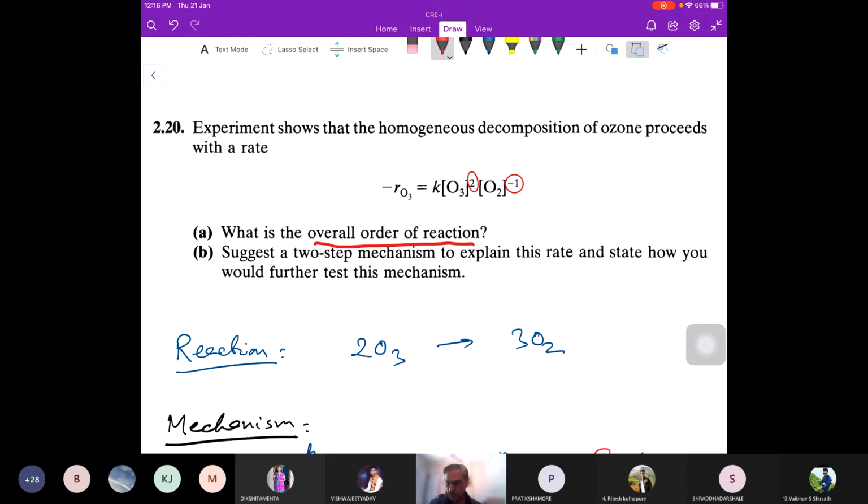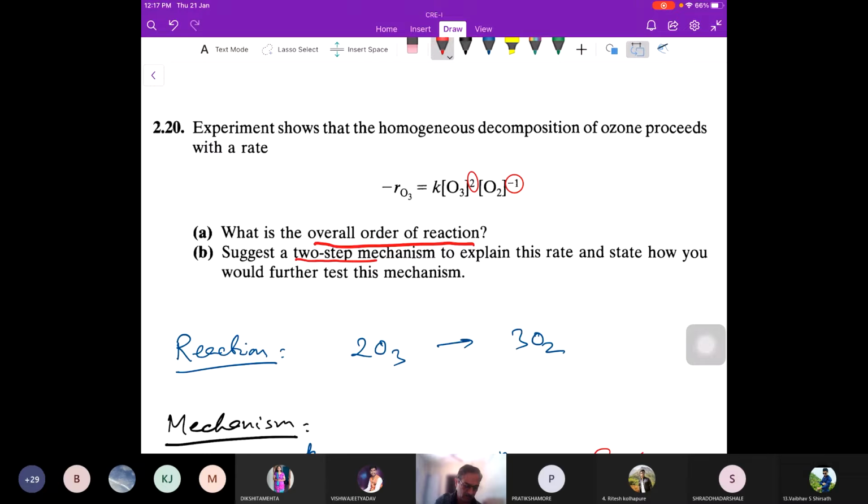ठीक है? Any questions on overall order? First part. जितने भी concentration term है उनका जितना भी power है सबको ऐड करने से अपने को ओवरऑल ऑर्डर ऑफ रिएक्शन मिल जाता है. ठीक है. Second part is suggest a two-step mechanism यहाँ पर क्लियरली बोल रहा है 2 स्टेप मैकेनिज्म।